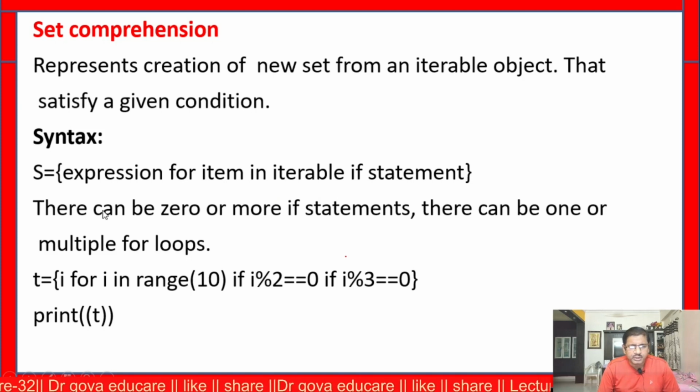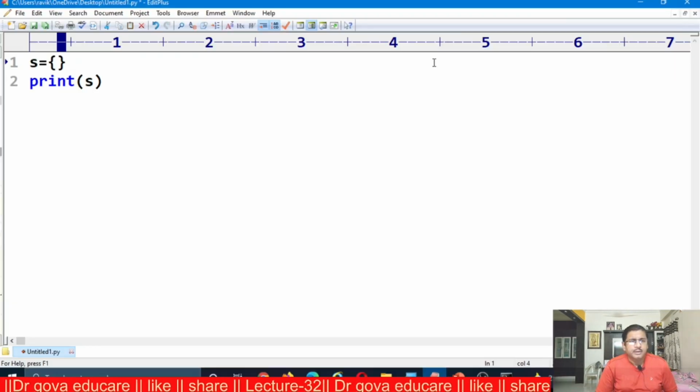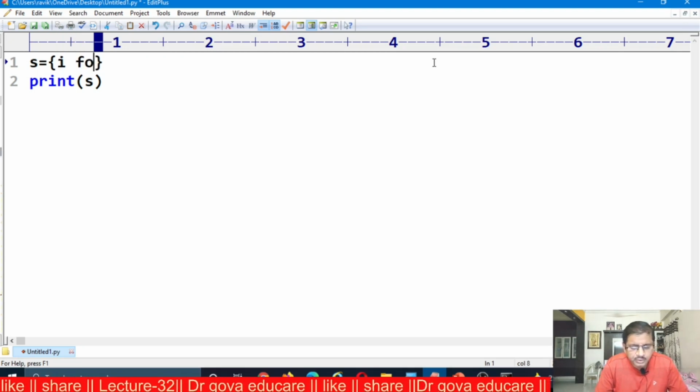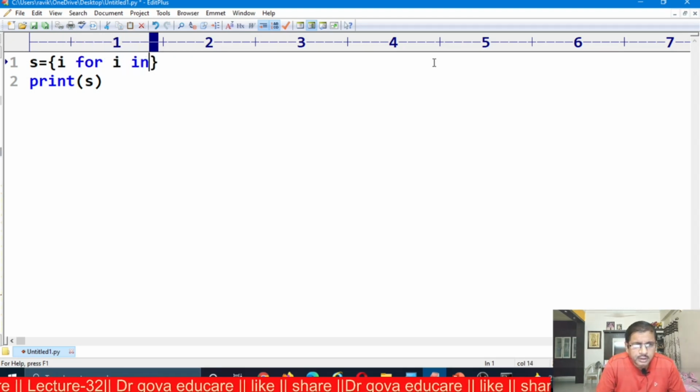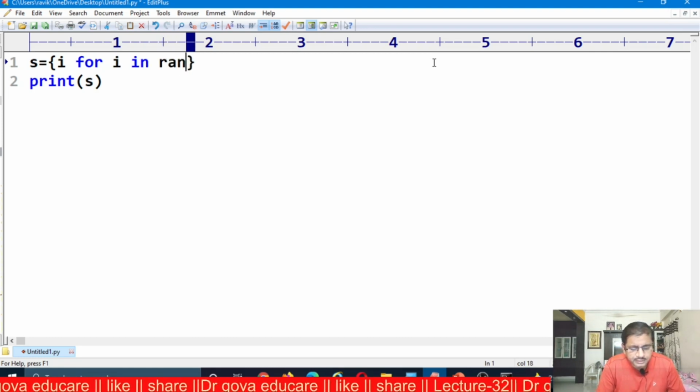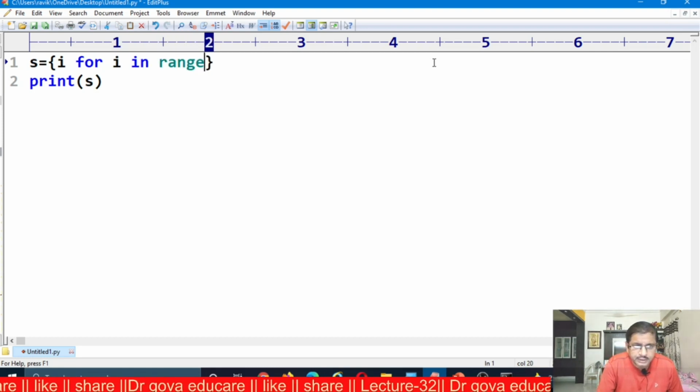There can be zero or more if statements. There can be one or more loops. Now S is equal to set of I for I in range 100.